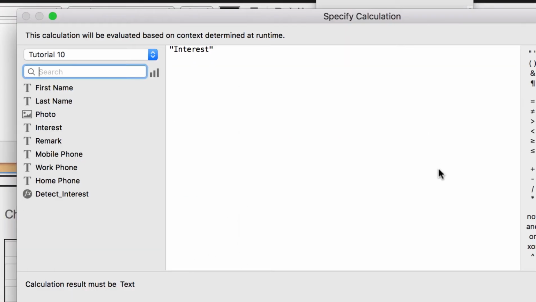If I click onto the specify, we are now into another calculation. That means that FileMaker allows us to dynamically change the tab name based on the calculation. So let's try something very primitive and lousy, but it will work. Let's do interest and detect interest. This is referring back to the calculation field that we just created,